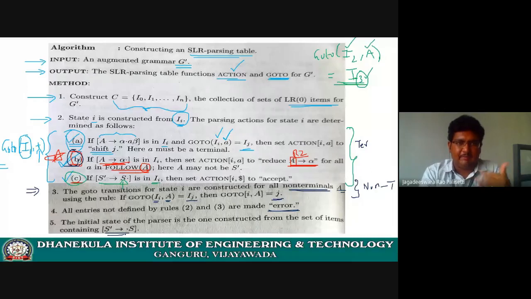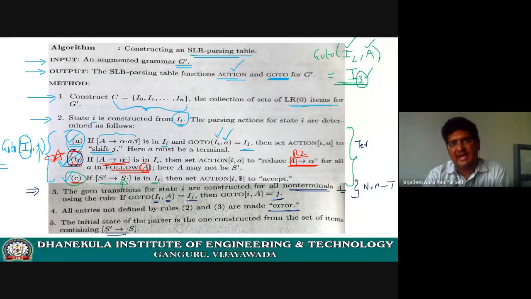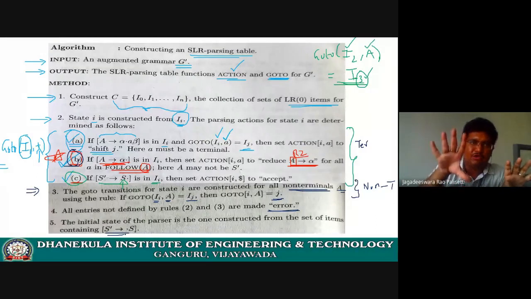So this process, step 2, step 3, and even step 4 also, is being repeated for each and every state until we may not get new states. In the previous class, we started from I0. This particular I0, on the two non-terminals S and A, derives two states. And on the two terminals, let us assume small a and small b, again generates two new states. Means this I0 created four states.